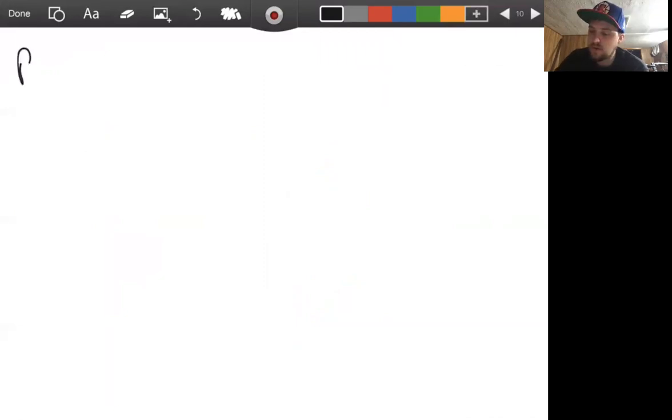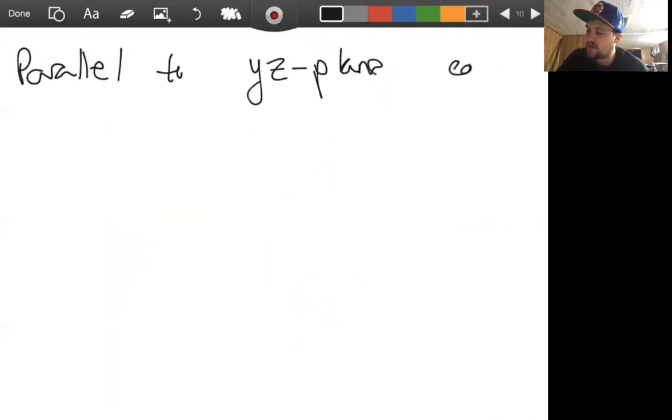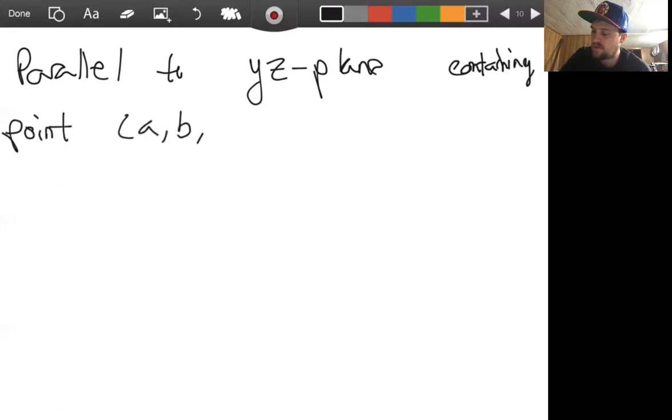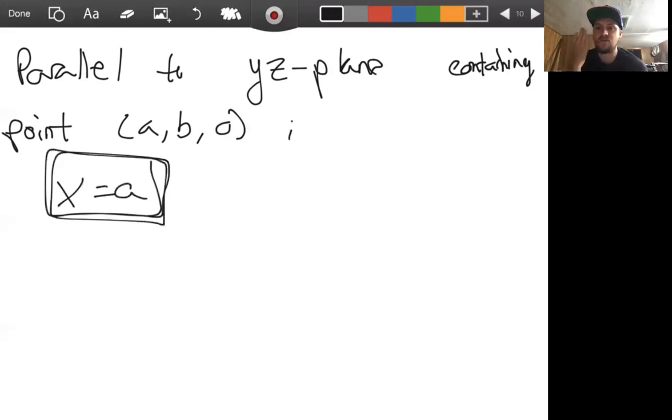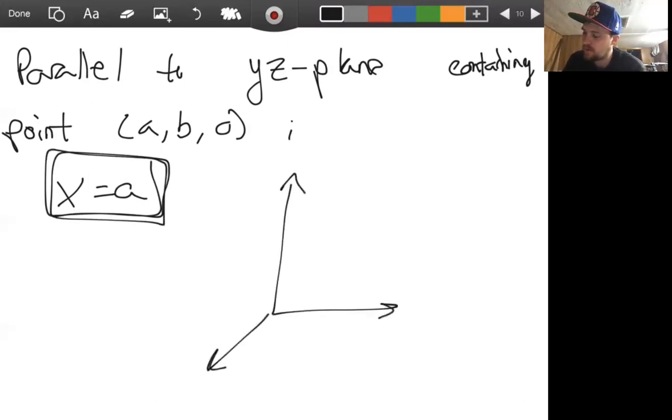Okay, and we can do this one more time to get an equation for planes parallel to the YZ plane containing the point ABC. It is going to be, and maybe you've guessed this by now, the equation X equals A. This gives us parallel transformations of the YZ plane. So I'll draw one more picture here. X, Y, Z. And this one might be a little harder to visualize